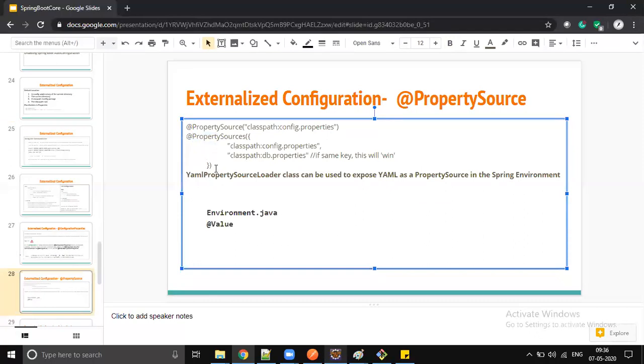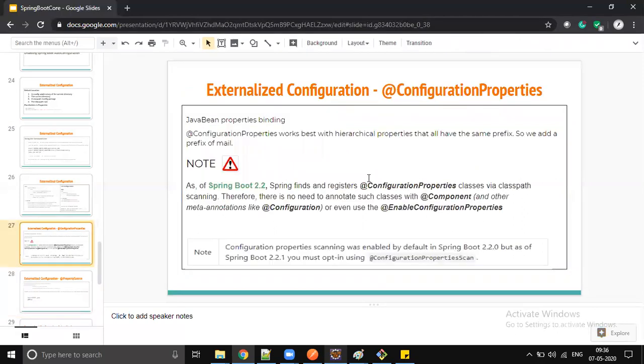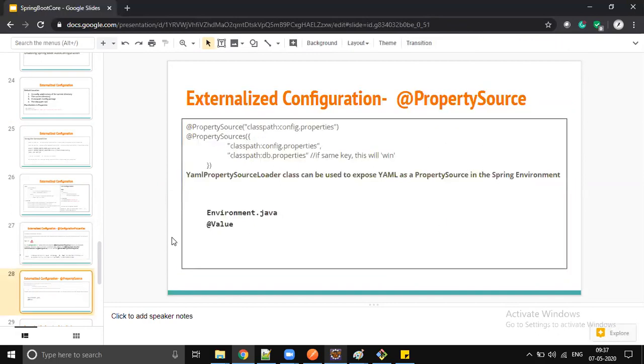And again, we had this Java configuration also. Java configuration properties. Yeah, this one. Then you have shown how to get the value by using environment. All are individual concepts. You got confused now.